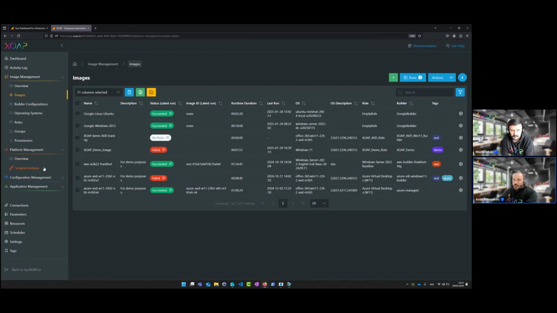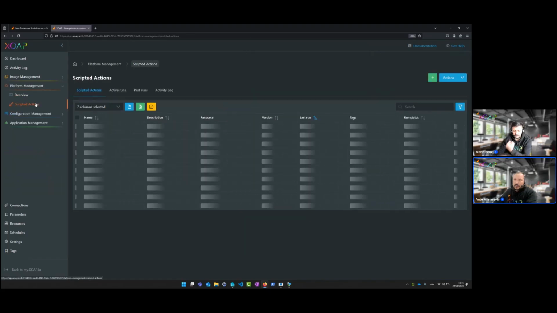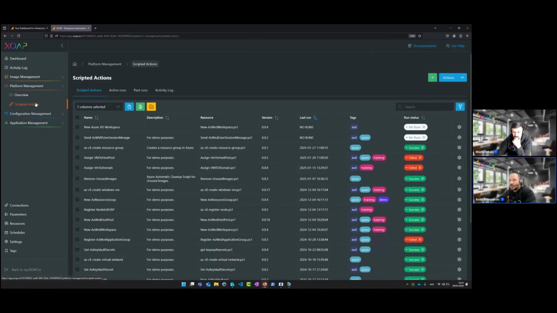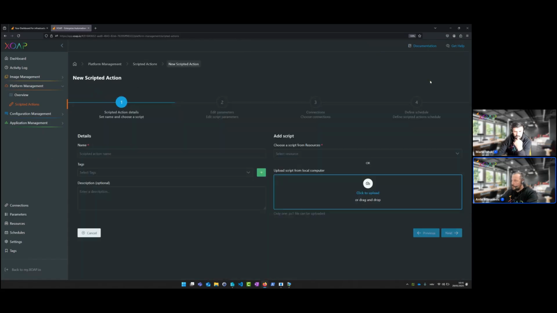So here in the scripted action, what are the scripted actions? Scripted action allows you to run different scripts. We provide, again, a lot of templates directly on your cloud provider subscription. So again, on Azure, Google, or AWS. To create your script action, you can simply, as everywhere in the application, click plus here,